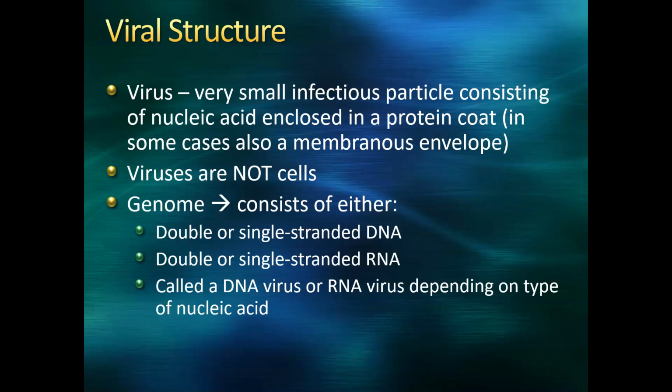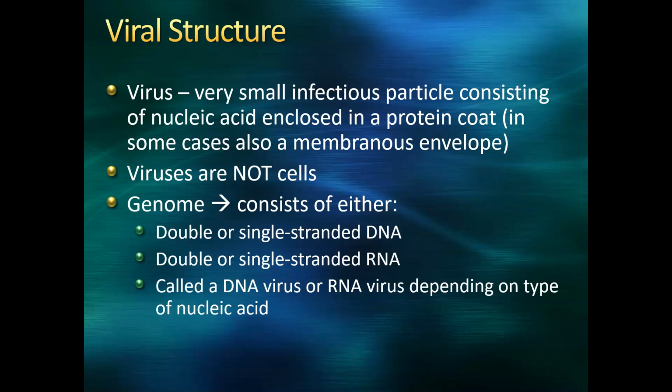Their genomes can consist of double-stranded DNA, which is what most kids would typically associate with the structure of DNA, but they could also contain just single-stranded DNA. Conversely, they can contain double-stranded RNA, which most kids wouldn't think about structurally, or they can have that traditional single-stranded